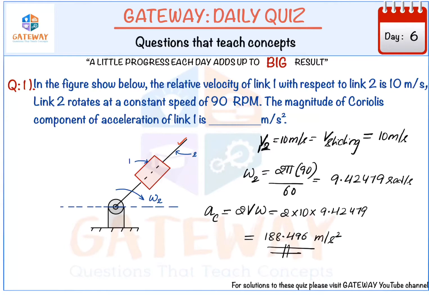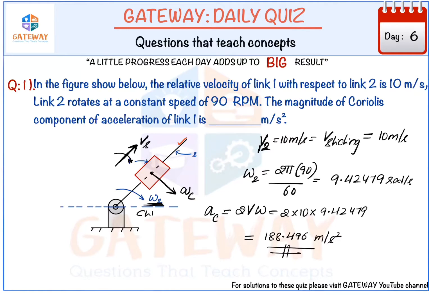So how can we define the direction of this? First of all, you mark on the body which is sliding, and suppose the body is sliding in this direction, v sliding. Now you take the direction of this link which is rotating. It is in the clockwise direction. Therefore, along the v sliding direction, we rotate the line by 90 degrees clockwise. This comes out in this direction, and this tells us the direction of the Coriolis component of acceleration.